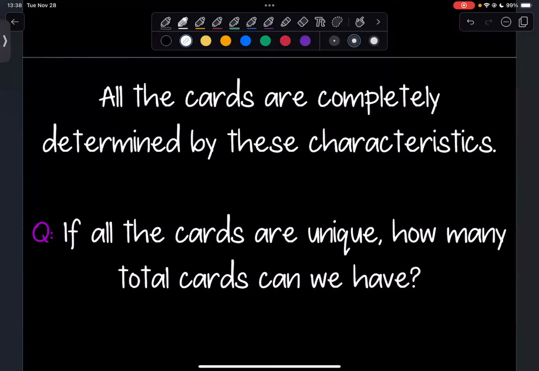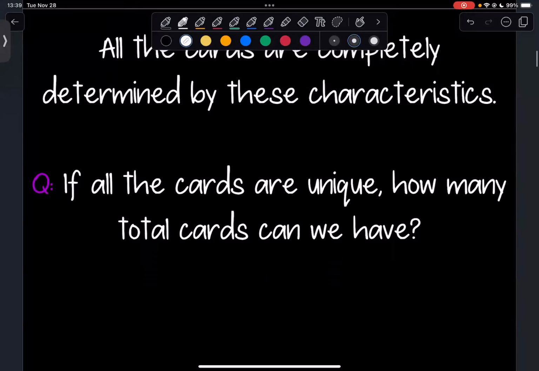So it's not going to be half full and then striped at the bottom. It's either going to be fully filled, or it's going to be striped, or it'll be empty there. So as soon as we know what all the 4 attributes we have within those characteristics, we know exactly what card we're working with. Right, so it's uniquely determined by those 4 characteristics that we're working with.